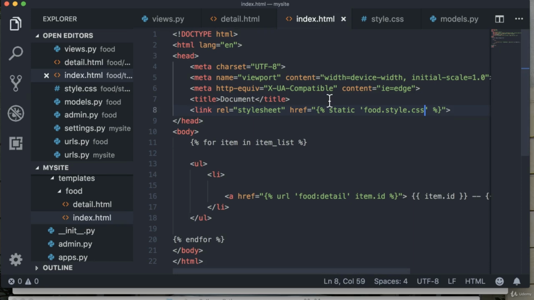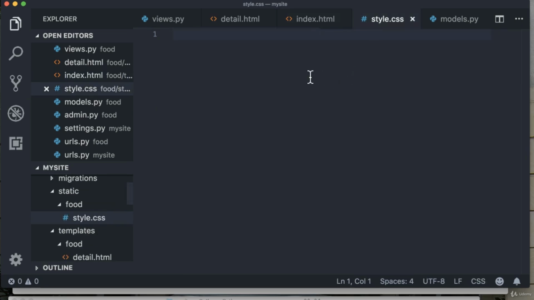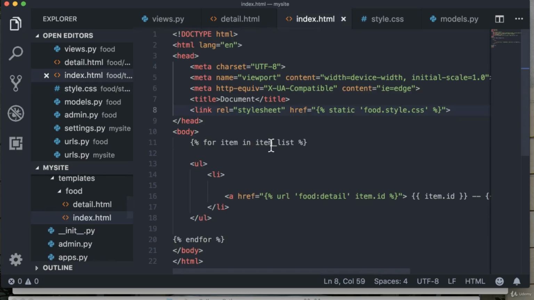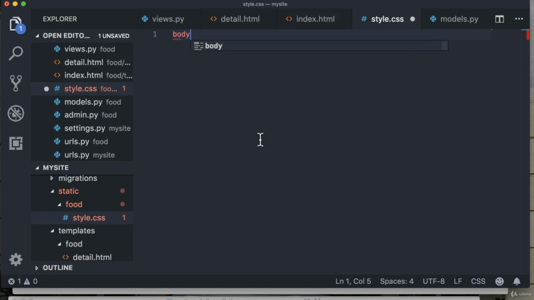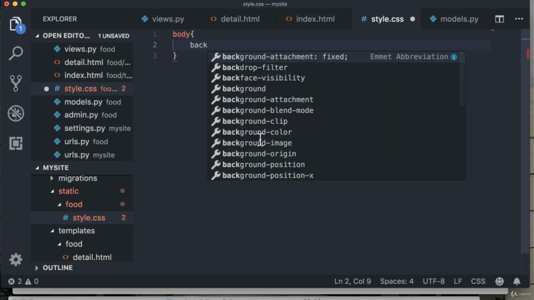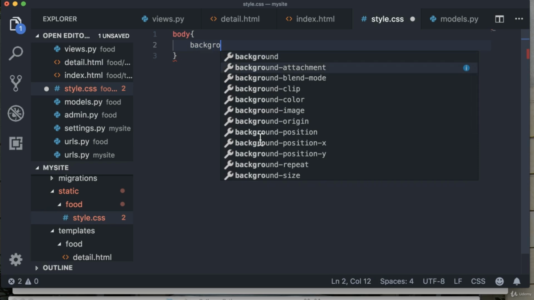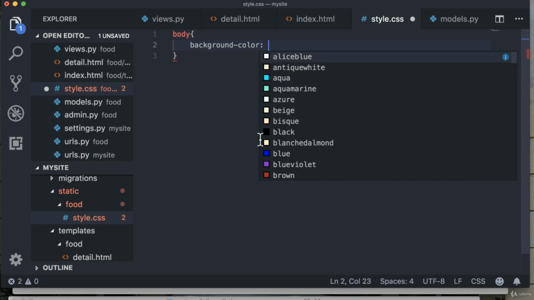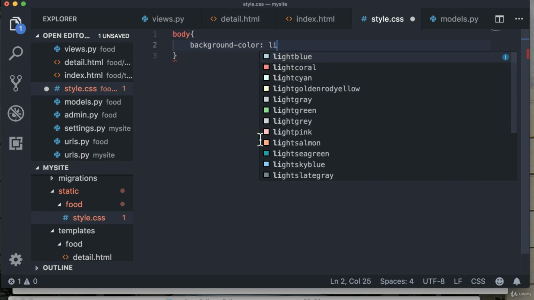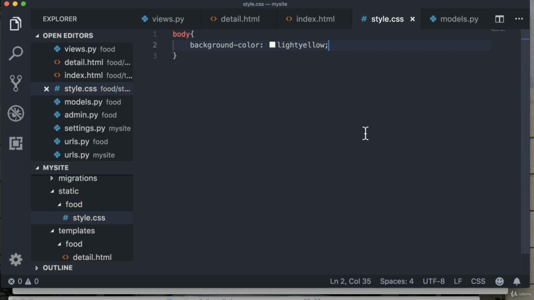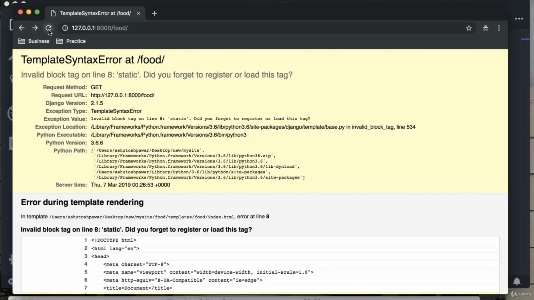Now in order to confirm that, we'll add some sample CSS code as of now and see if that style is going to be applied to this index.html page. So let's add in the style for body. Let's say we want to set the background color of this to light yellow. Once we set that, and go back over here and hit refresh,